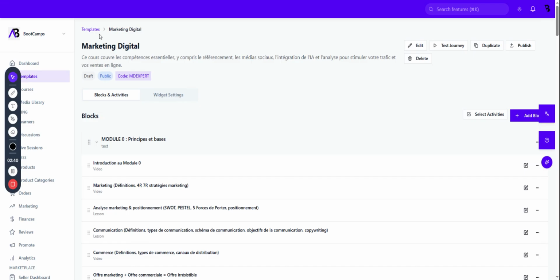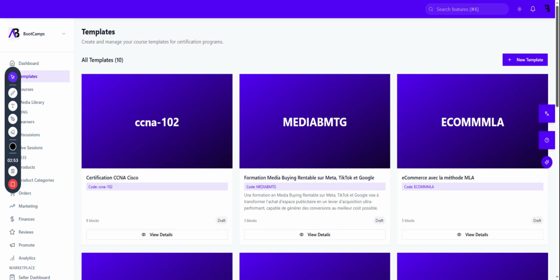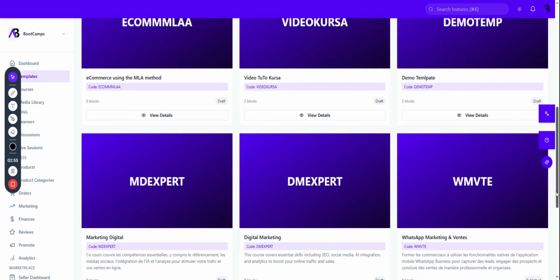So once you have created your template, the next thing to do is to come to your course. You want to create a course. Okay. So to create a course is simple. Once you have created your template and it's complete, come back to